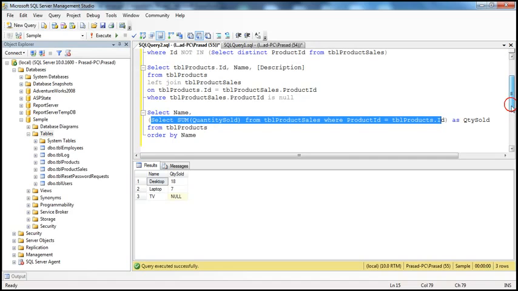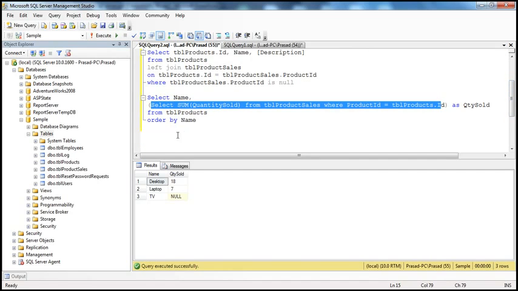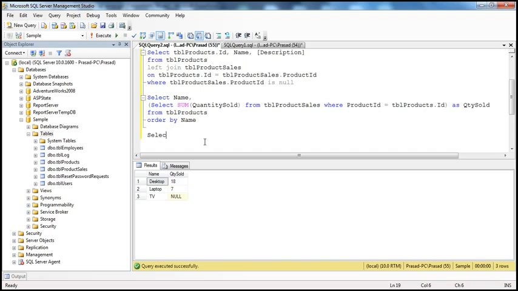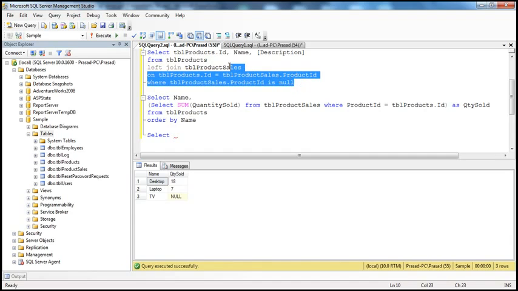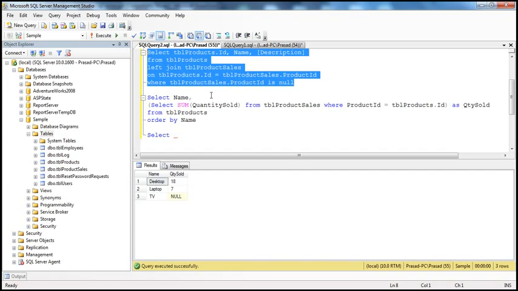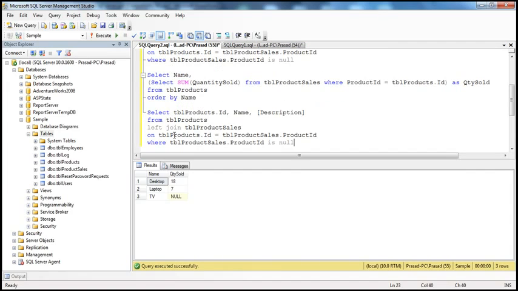Okay, let's see how to replace this again using a join. Again, that's very easy to do. So we have to know how to use group by and joins here. So I'm going to copy this query just to save some time in typing. So select, what do we want? We want the name of the product and we want the total quantity. So sum of quantity as total quantity or quantity sold